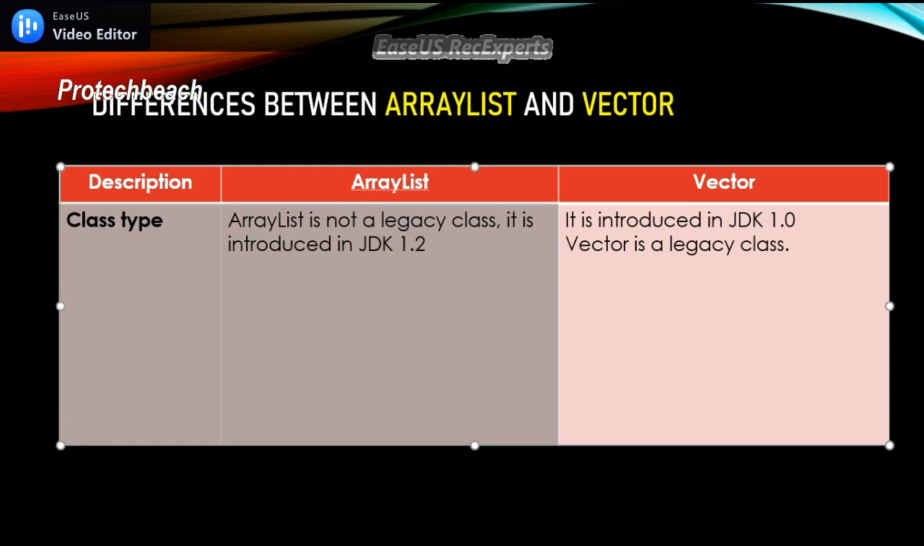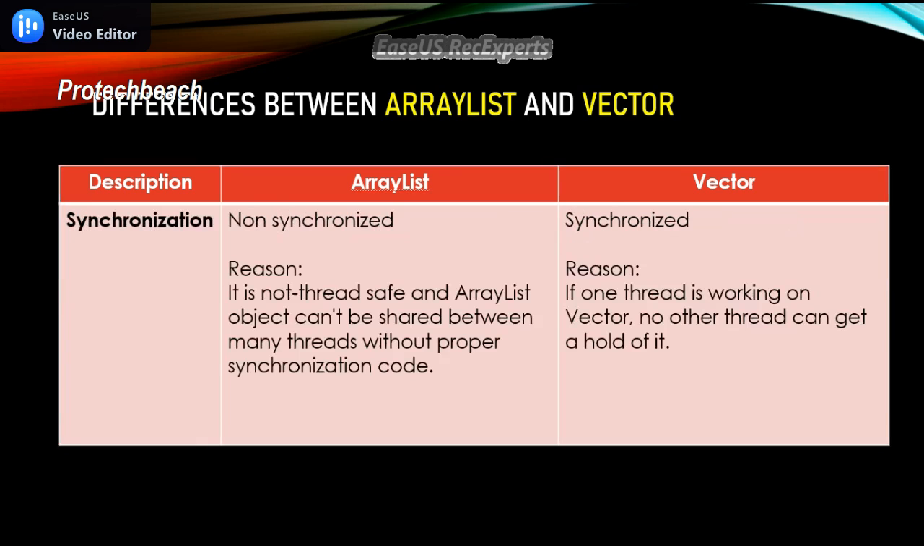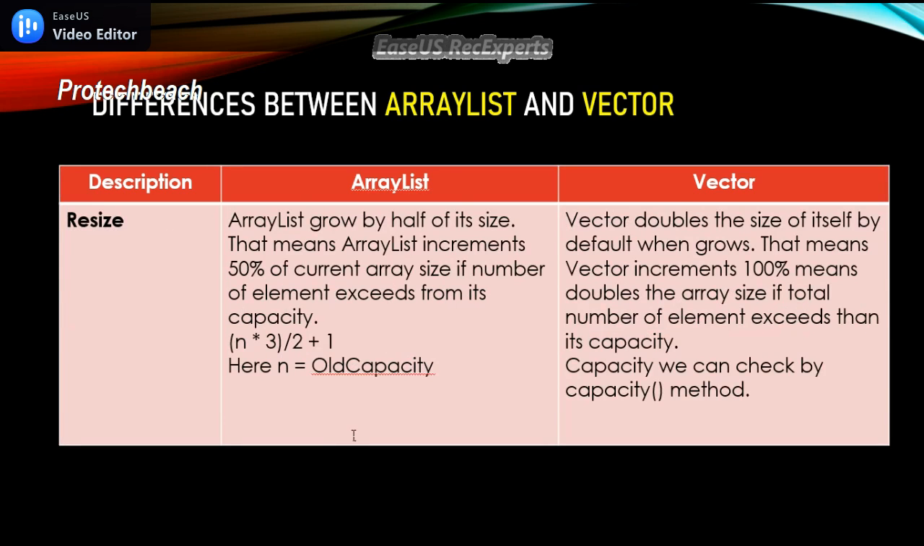We'll quickly recall the differences between ArrayList and Vector once again. For class type, ArrayList was introduced in JDK 1.2, but Vector was introduced in JDK 1.0; we can say Vector is the legacy class. The second difference is synchronization. ArrayList is non-synchronized in nature, but Vector is synchronized because of thread safety. In case of resizing, ArrayList will grow by 50%, but Vector will grow by 100%